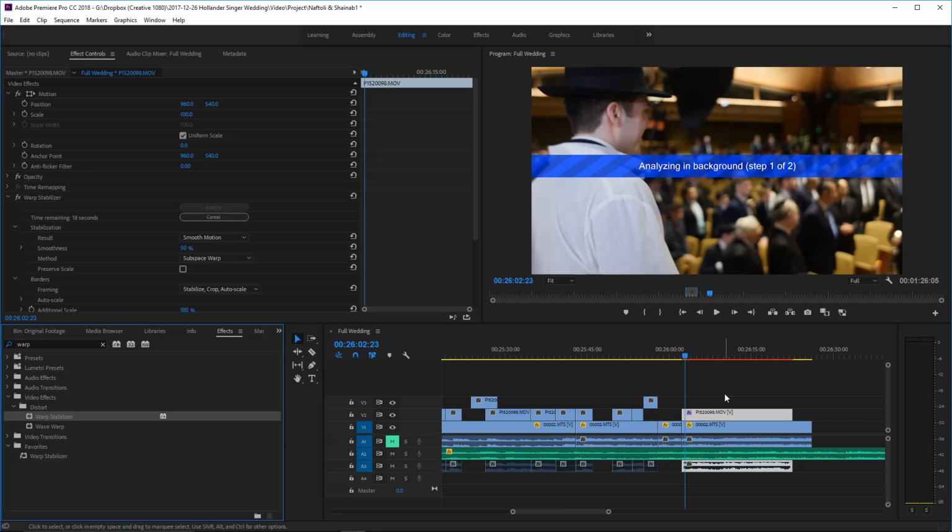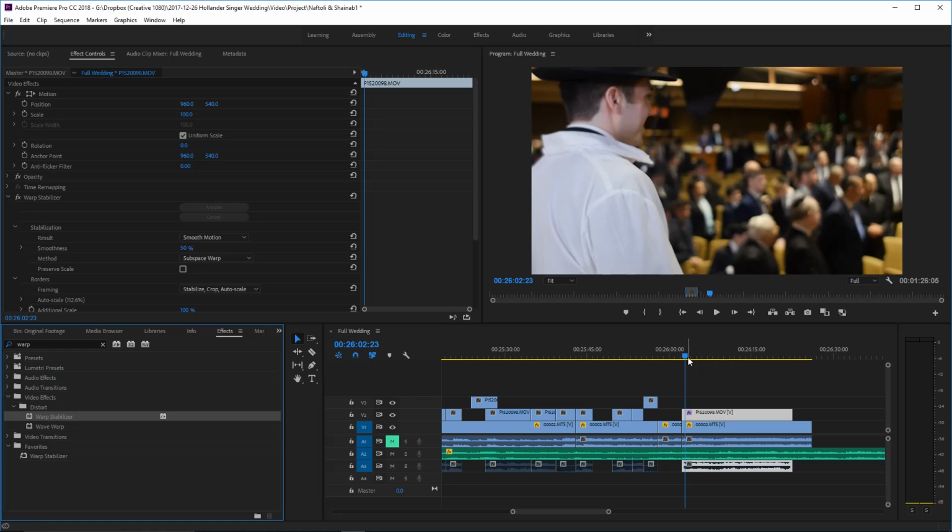My warp stabilizer says 30 seconds left. I don't have a good feeling about this one. Let's see, 20 seconds. It's analyzing every bit of footage.